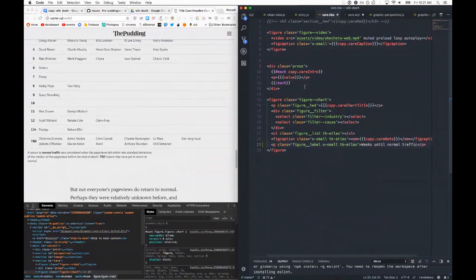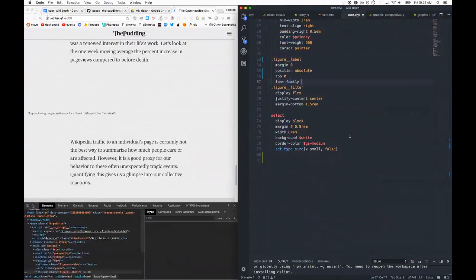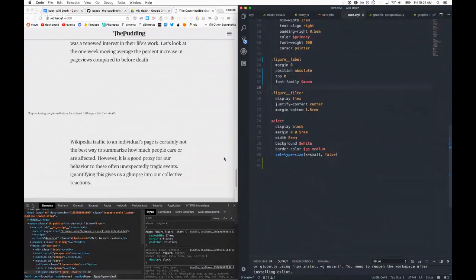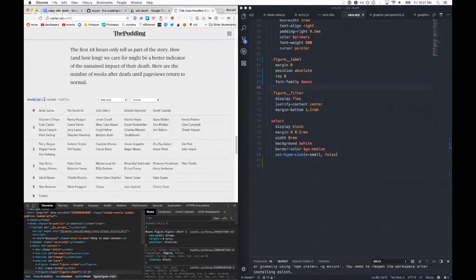No, all that font is mono, and then we'll rotate it so it exists.